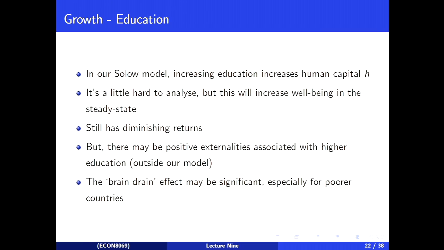The brain drain is this effect of highly skilled individuals leaving the country to work elsewhere because they can get a higher rate of pay, but also a greater well-being living in Australia or America than they can living in whichever country, the sub-Saharan African country that they come from. So there's this brain drain effect. Brain drain affects developing countries. It also affects developed countries.